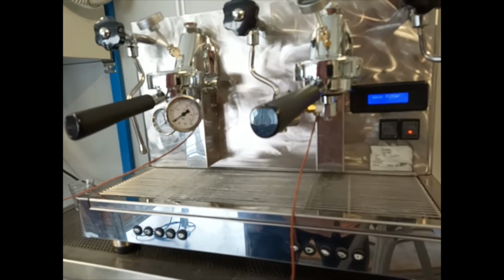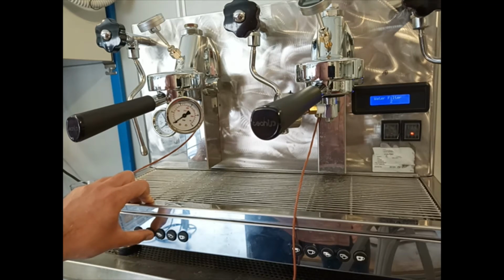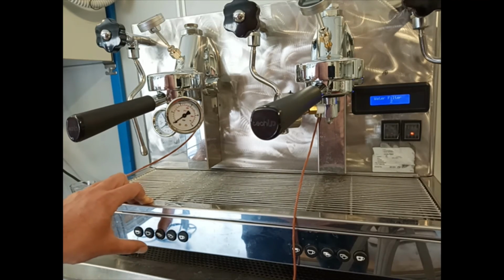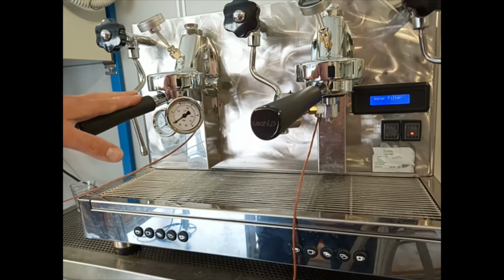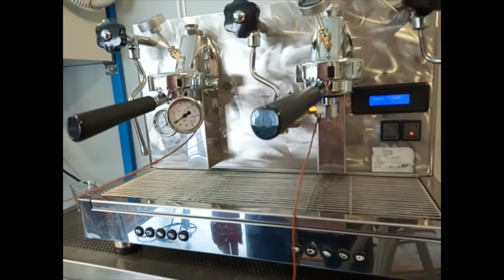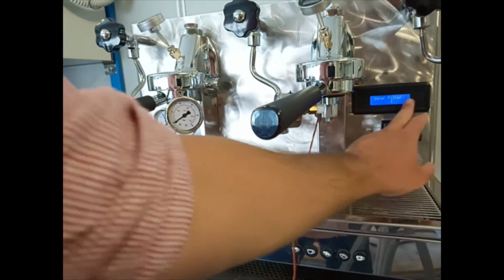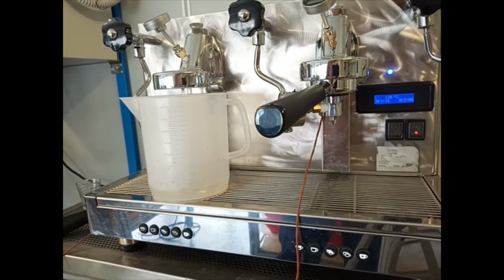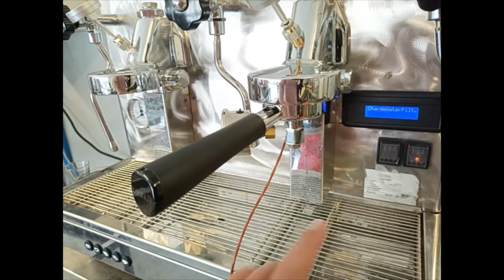So now if I put a value of 1 liter or 2 liters for the water filters, that means that when I consume 1 liter of water, an alarm of changing the water filter will be shown on the display. For example, now I am flowing 1 liter of water from the first group to show the alarm. To delete the writing change water filter,